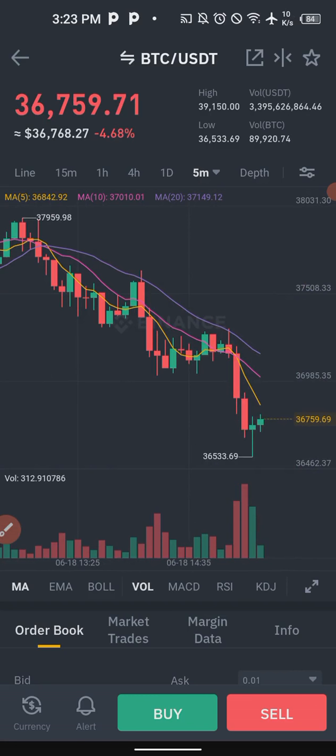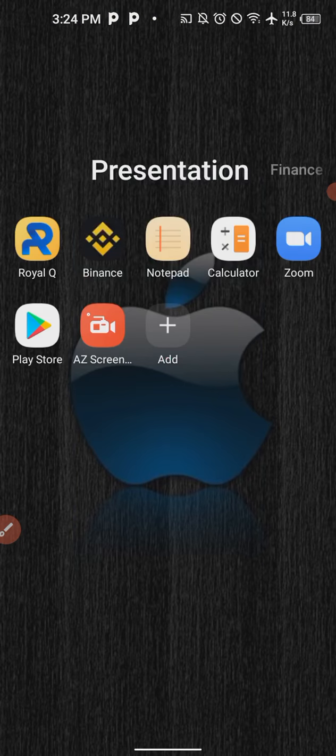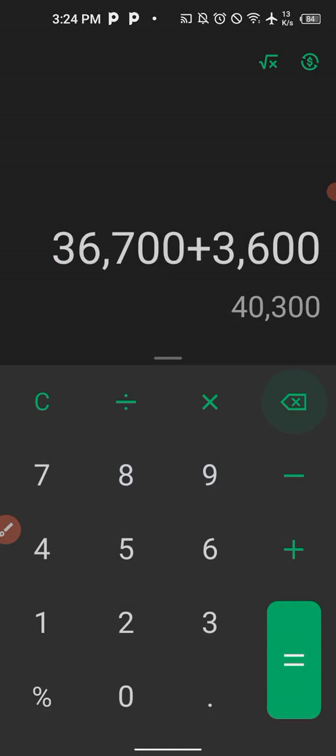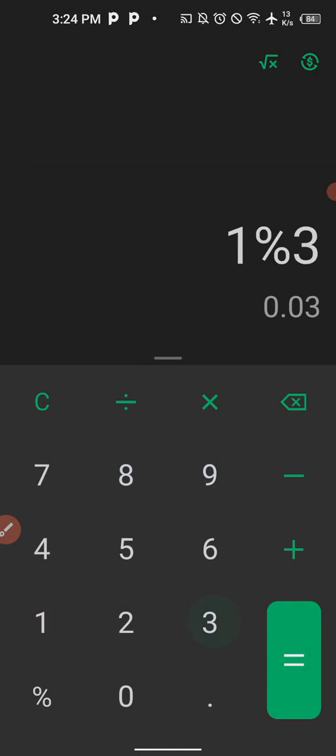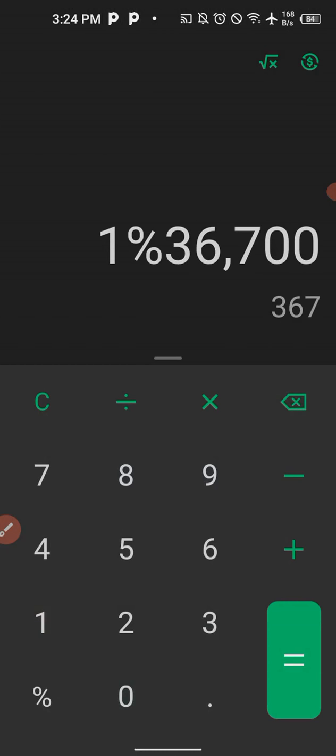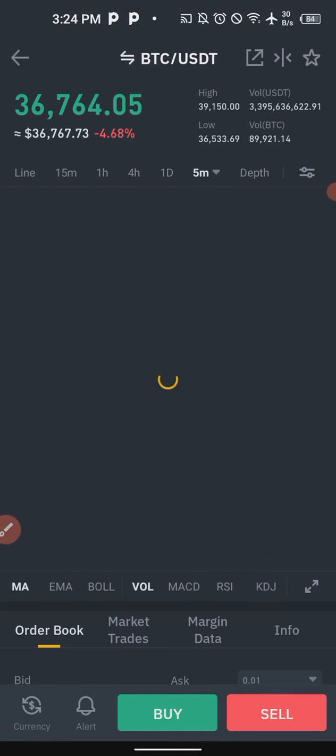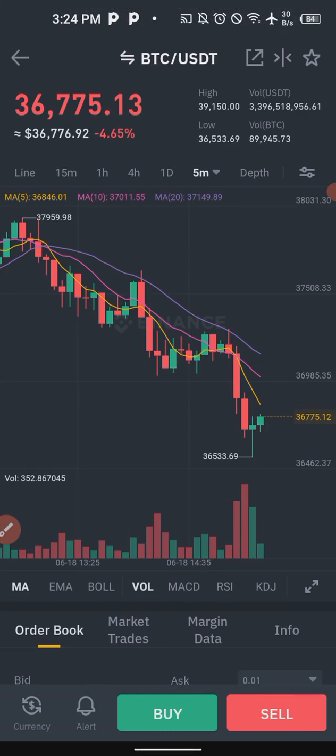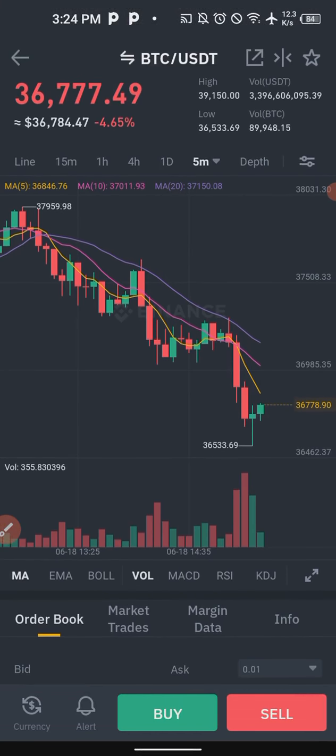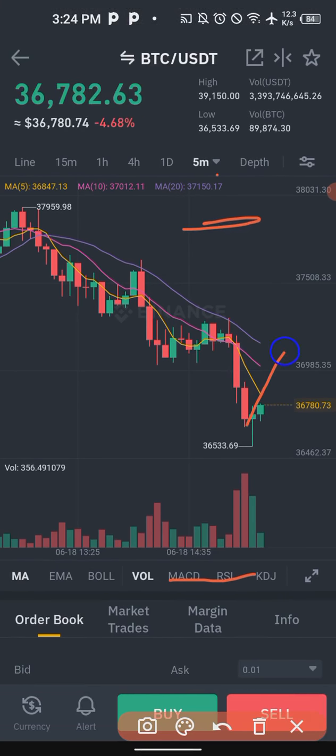But let us imagine if you are setting your Binance to take 1% for you. Let us now go back to the calculator. So let us now do 1% of 36,700. Meaning you want to make profit when it is 367 naira higher. Is it possible to achieve that in a day? Let us go back. So you can see the price right now is 36,700, right? If you're looking for 300 naira higher, meaning once it enters 37,000 here, once it enters 37,000, it